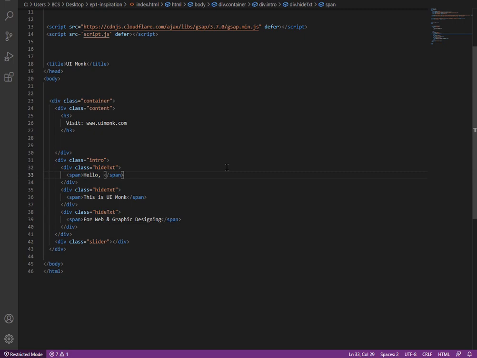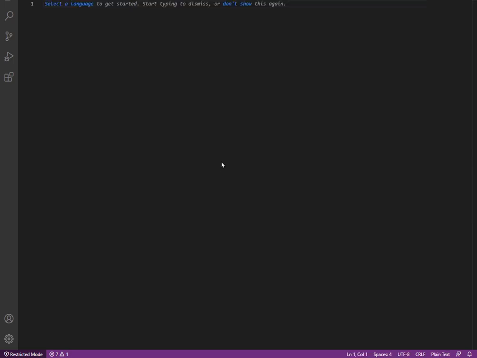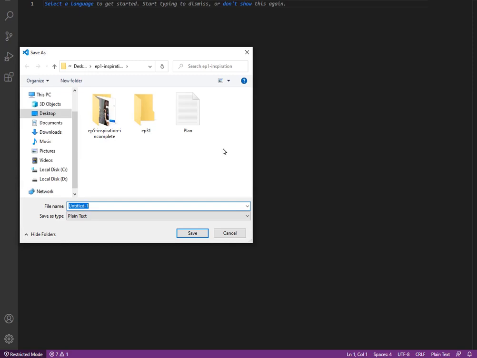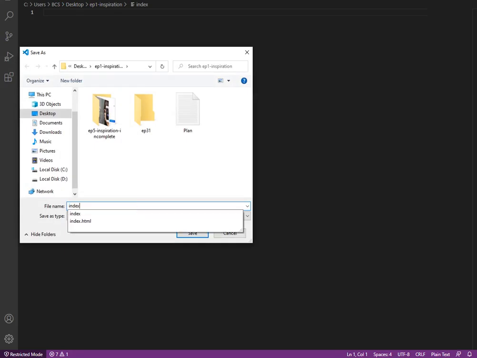Let me create the HTML first. Control N, Control S, and I'm going to name this index.html. I'll keep it in the same folder. Actually it's index.html, that's already a name, so let me make this index2.html.